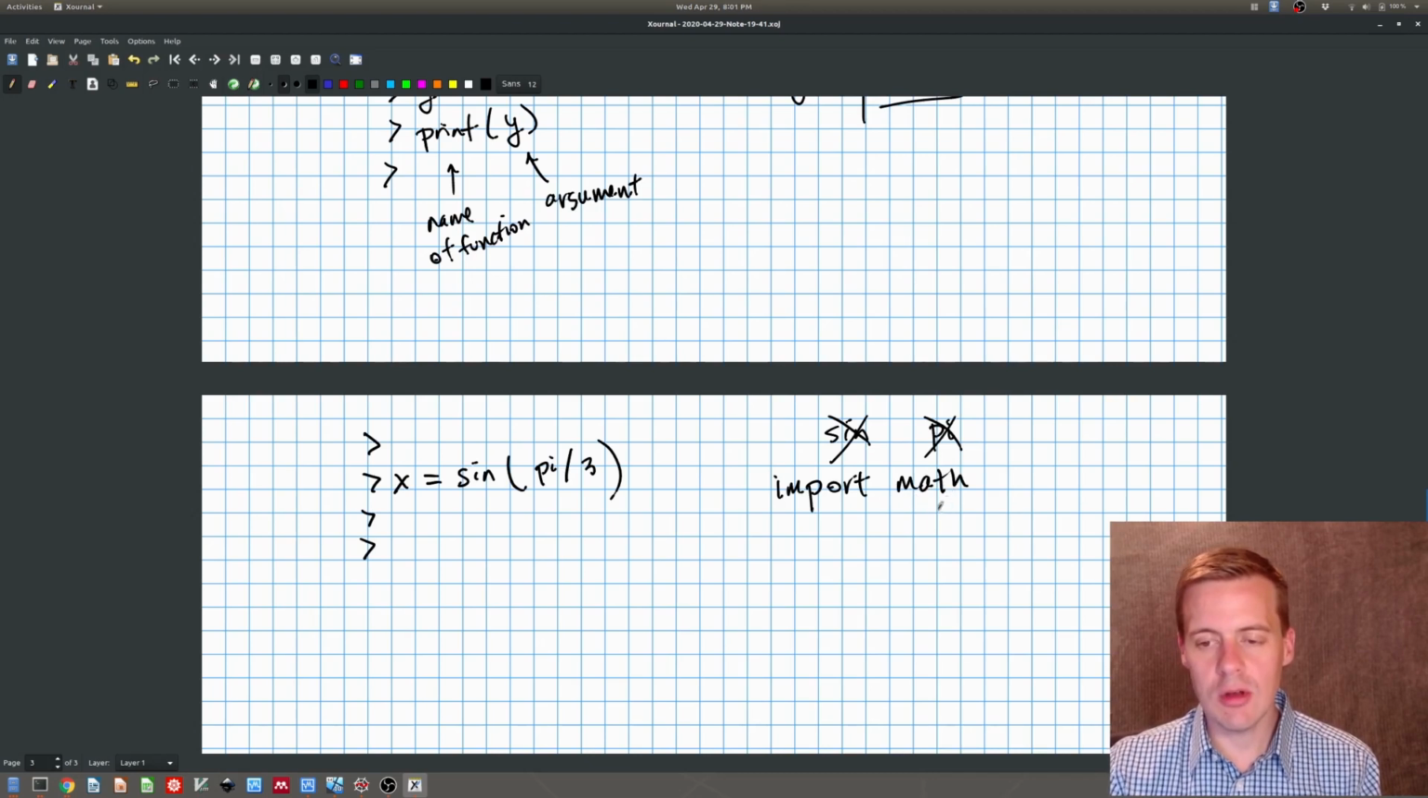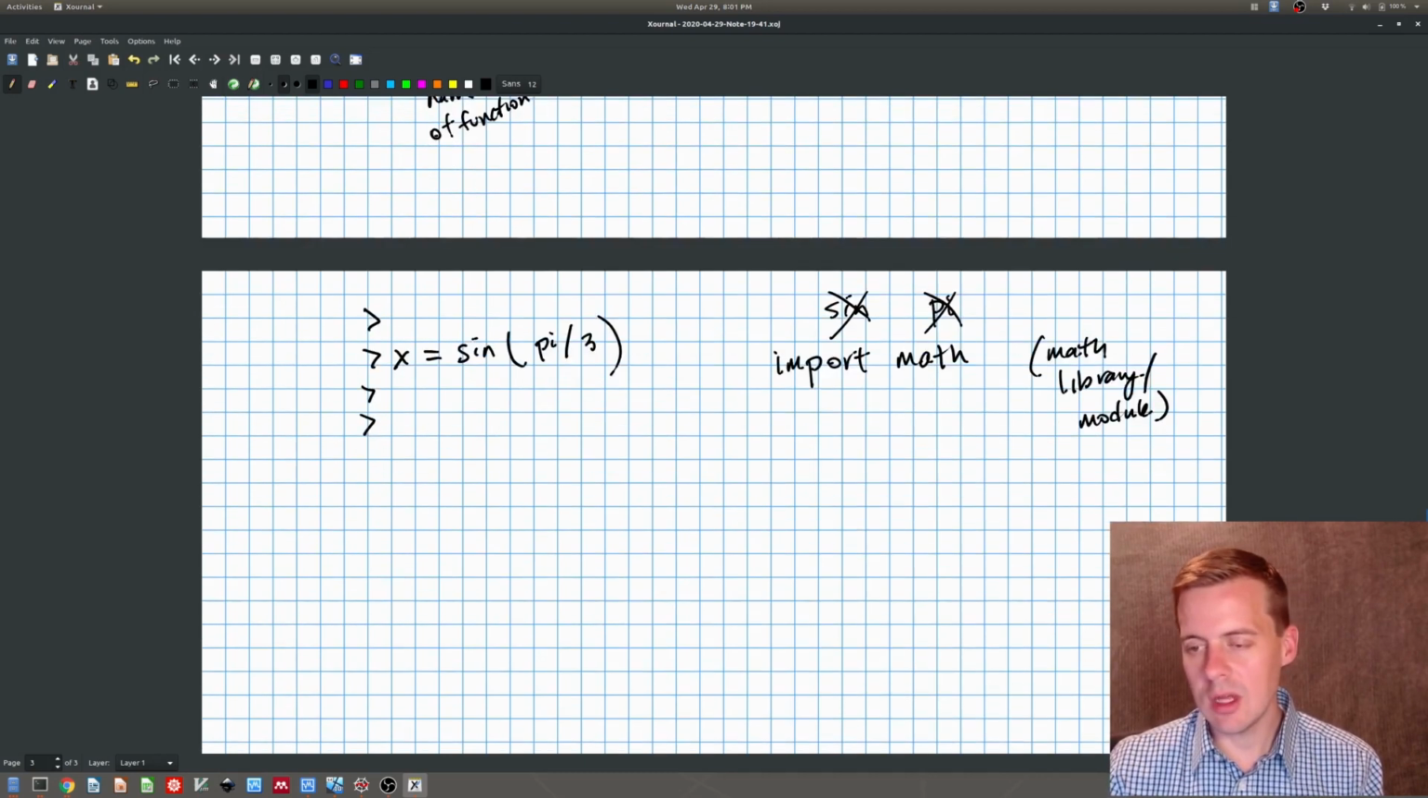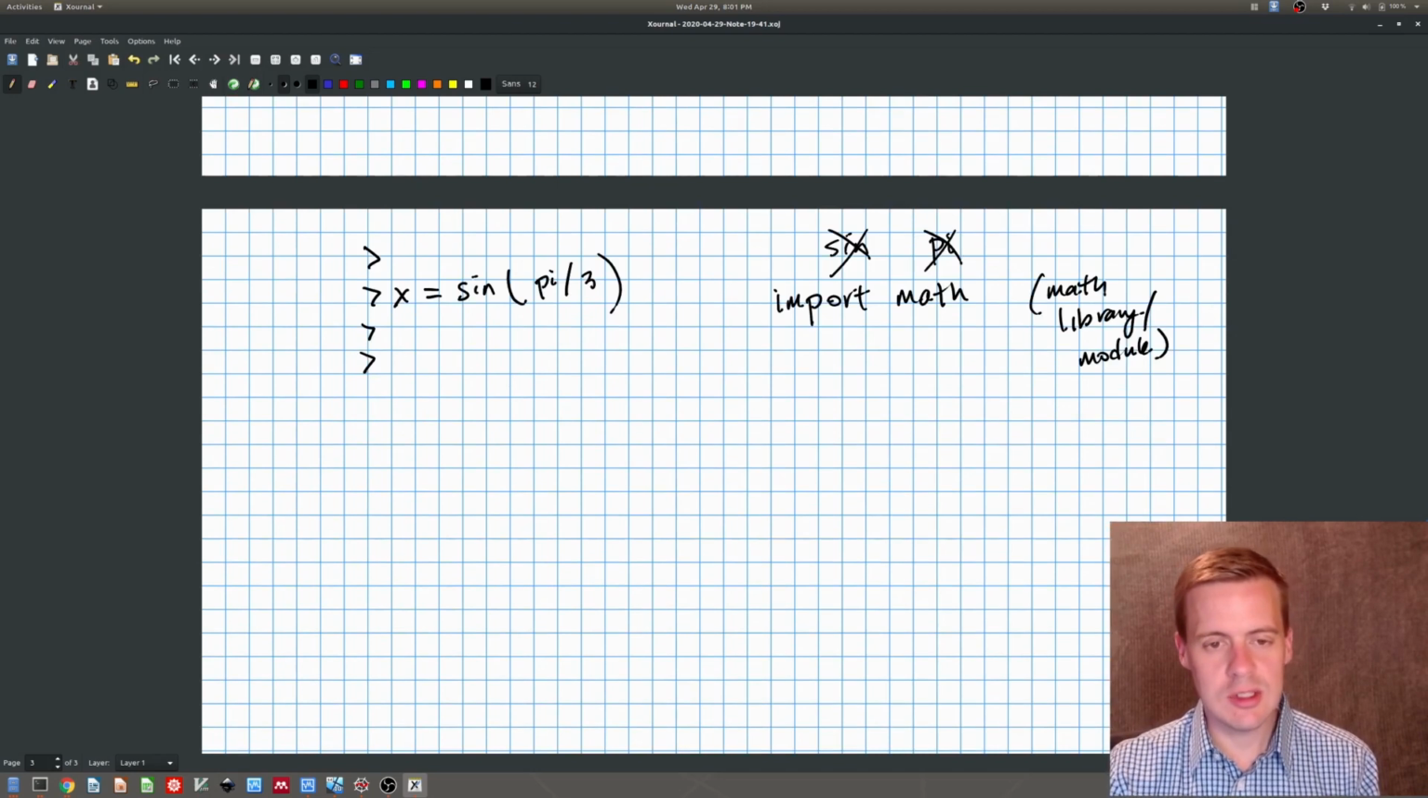This will give us this library. It's a math library, okay, or a math module, right? Oh, my head's covering that up. Sorry about that. Okay, so instead of writing this guy, that's not going to work, right? This won't work. What we need to do is instead put import math,